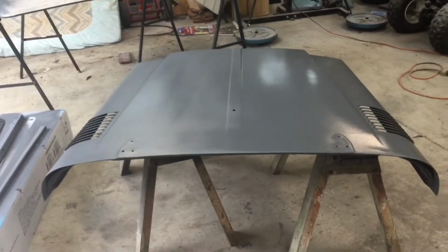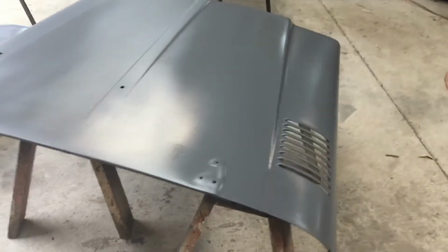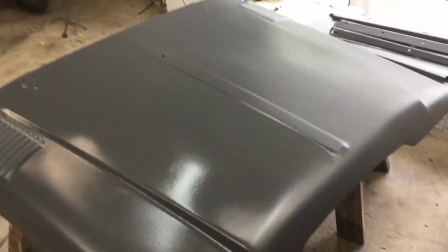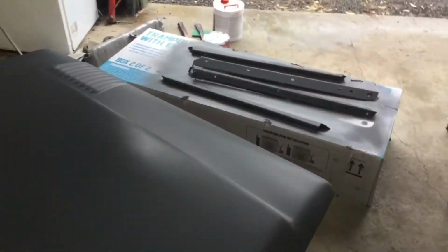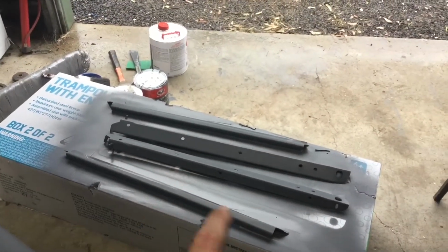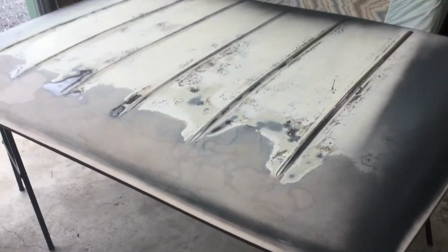Alrighty, so I just finished priming the bonnet and the inside of the roof. The bonnet came out mint and it seems to look really good all the way around. As well as I primed the little strips that go between the windshield and the back section of the cab, like above the doors. And then I started priming the roof, so I primed underneath it and then I started priming the top,